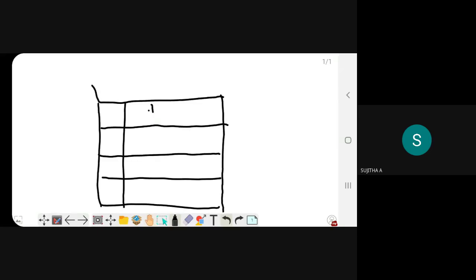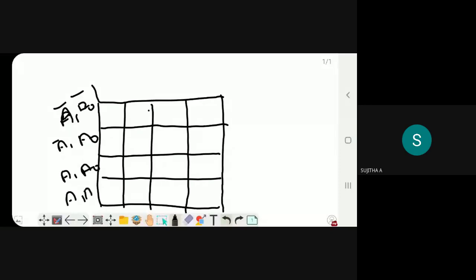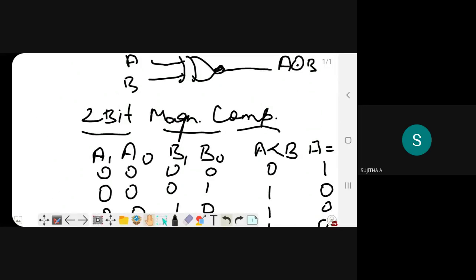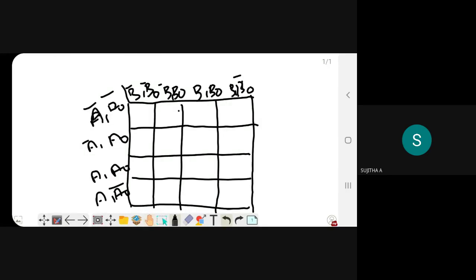So I will go for one value. A1, A0 along one side, and B1 bar, B0 bar, B1, B0 and so on along the other. Ma'am, first I mentioned A1, A0, so in the same order you want to mention it here too.